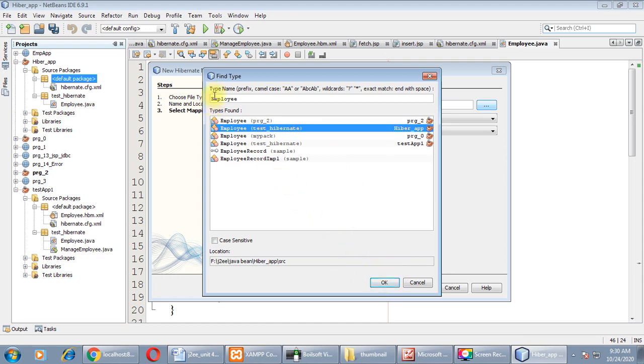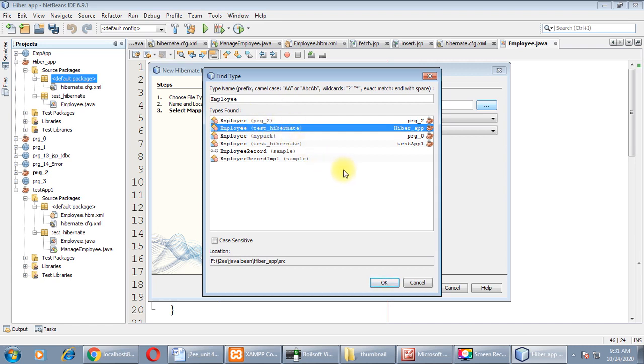As you start writing the name of the class, the window will automatically search for the names of classes available in your app, right? That will be listed in the window exactly below this text box. Here you can see types found. Choose this one, Employee, test Hibernate. We want to deal with this class, which is declared in the test Hibernate package.